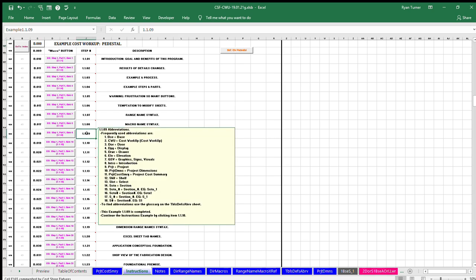Example item 1.1.09 Abbreviations. Frequently used abbreviations are BSE equals base, CWU, all caps, equals cost workup, DOR equals door, DPY equals display, DRWR equals drawer, ELV equals elevation, GSV, all caps, equals graphics, signs, visuals, INTRO equals introduction, PRJT equals project, PRJT DMNS equals project dimensions, PRJT COST SMRY equals project cost summary, SHLF equals shelf, SLCT equals select, SCTN equals section,